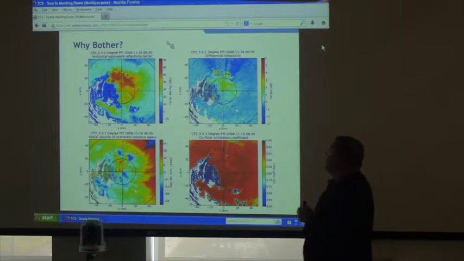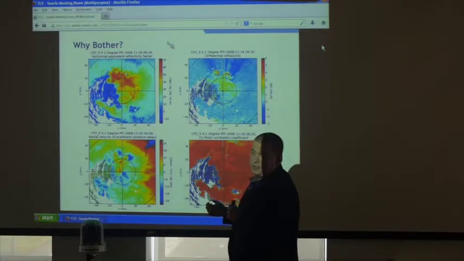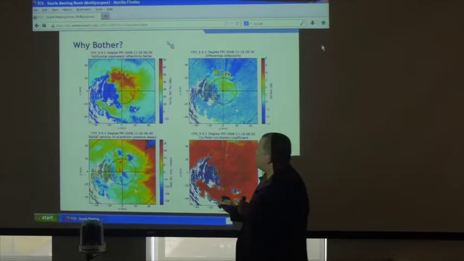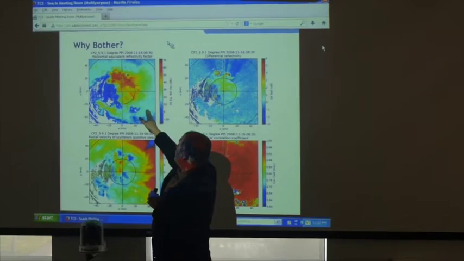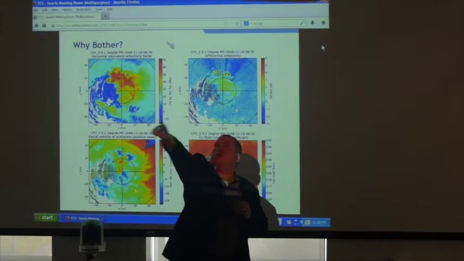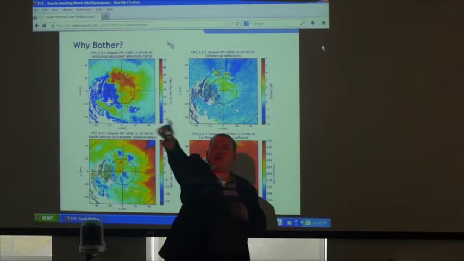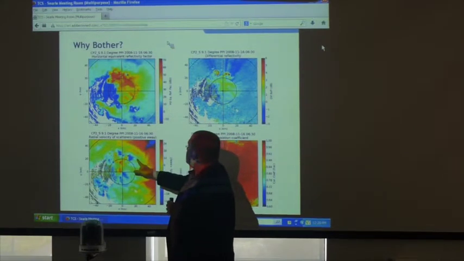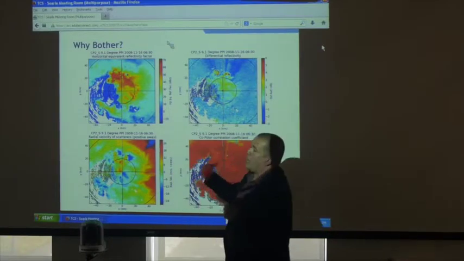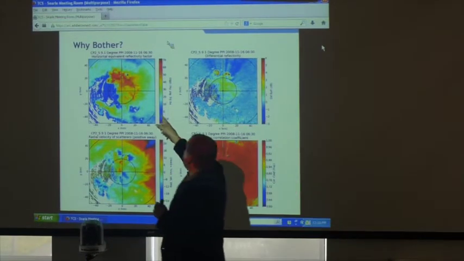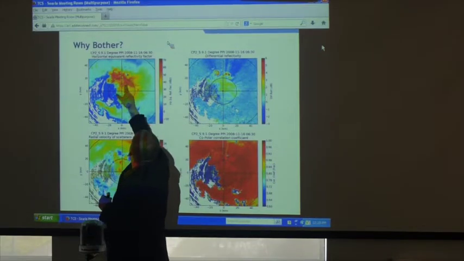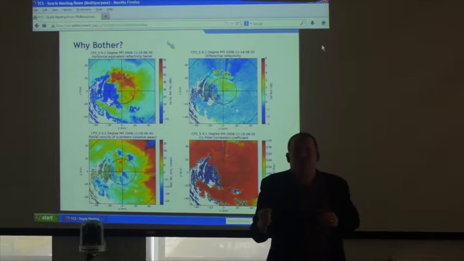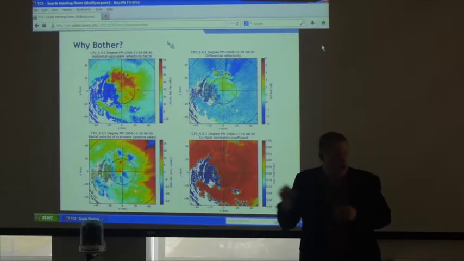So why bother? This is radar data from Queensland, Australia, during a very severe thunderstorm event that we've actually just published a paper on. This is reflectivity factor here. This is a cone of information mapped out as my radar spun around like that. This is at 9.1 degrees. The next one I show will actually be a higher elevation. So we can see here, we've got a very high reflectivity here, but I also have a very high differential reflectivity. This means I'm mainly scattering off big oblate drops.